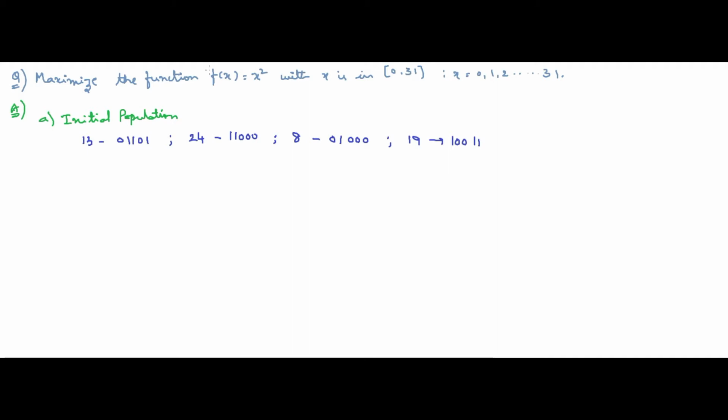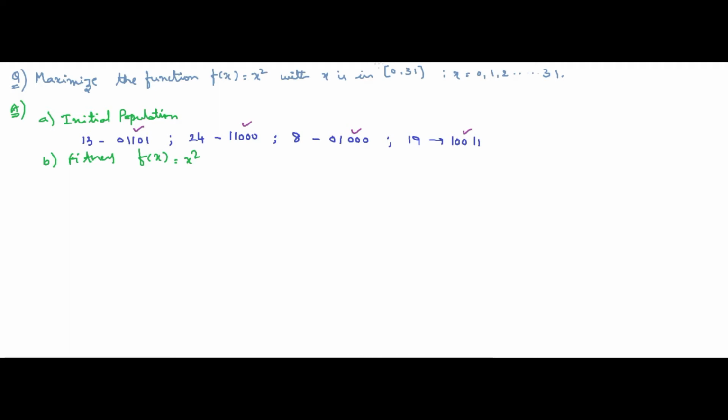Now the next one is we need to calculate the fitness of it. How to find the fitness? We have already obtained the function f of x is equal to x square, so the fitness will be very easy. First we need to decode into an integer and then go ahead with the fitness. Of course, previously we need to do the selection first. Let me clearly give the names here.